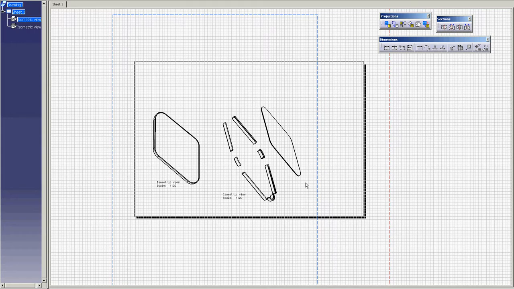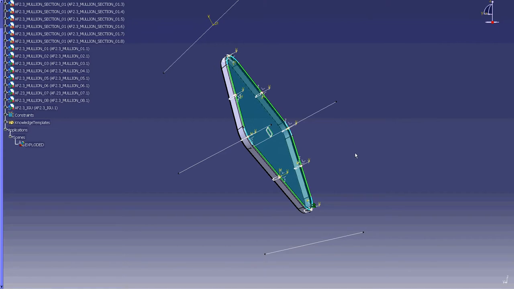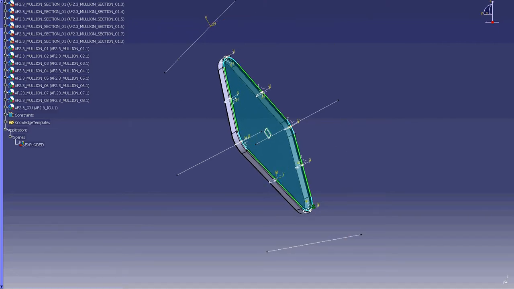The next step is we're going to try to create a kind of an IKEA style drawing, and we're going to try to label each one of these parts with a balloon with a number that will correspond to a table or a bill of materials that tells us which part is which part. So the first step in doing that, I'm going to go Control Tab over to my model. I need to be in the